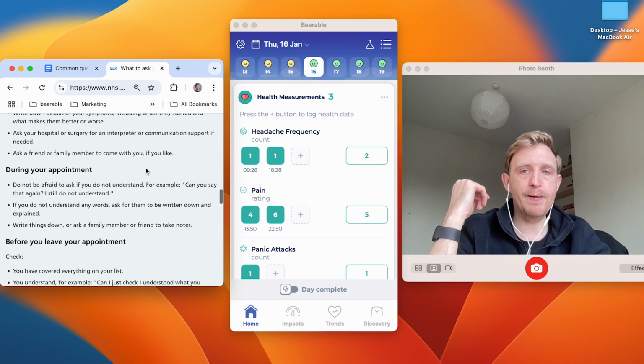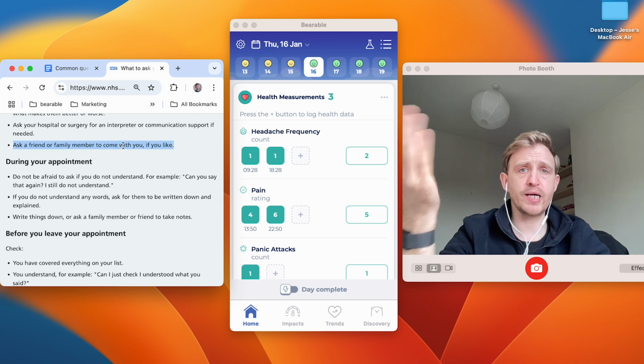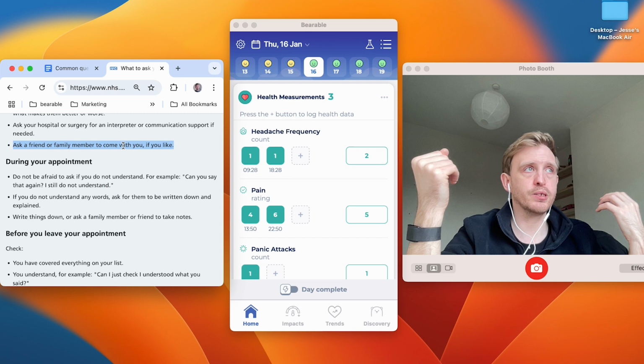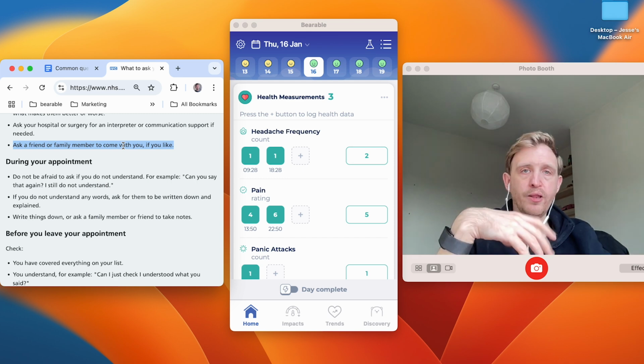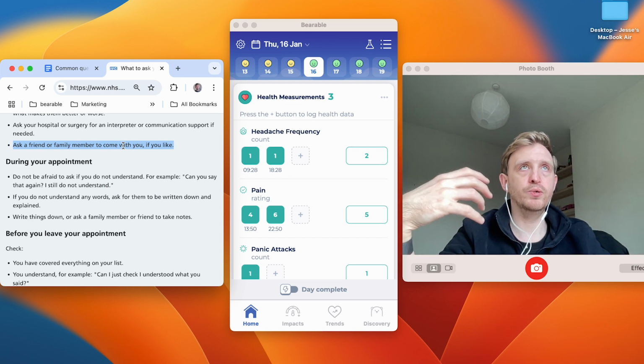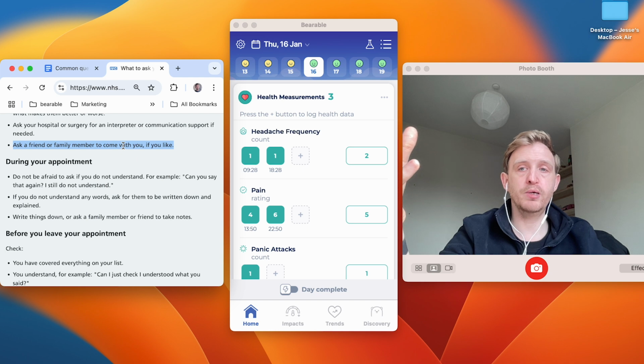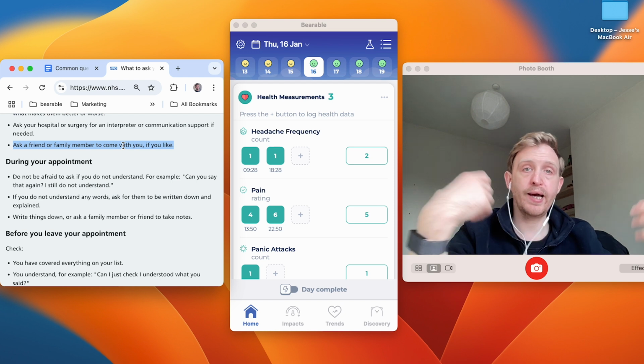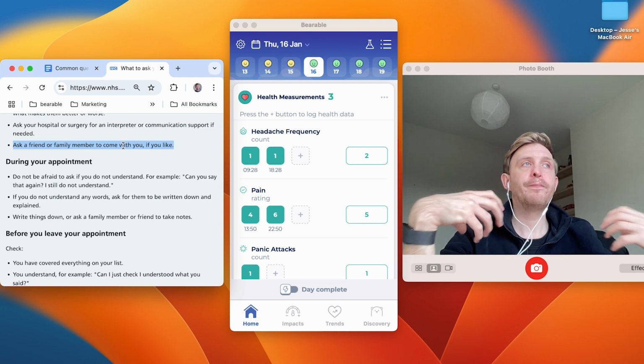I think one of the things I found really helpful as a person with multiple chronic health conditions too, is that because of brain fog and anxiety and other things that might pop up that make it hard to communicate during a doctor's appointment, is to actually just ask a friend or somebody to come with you to help you advocate for your health.